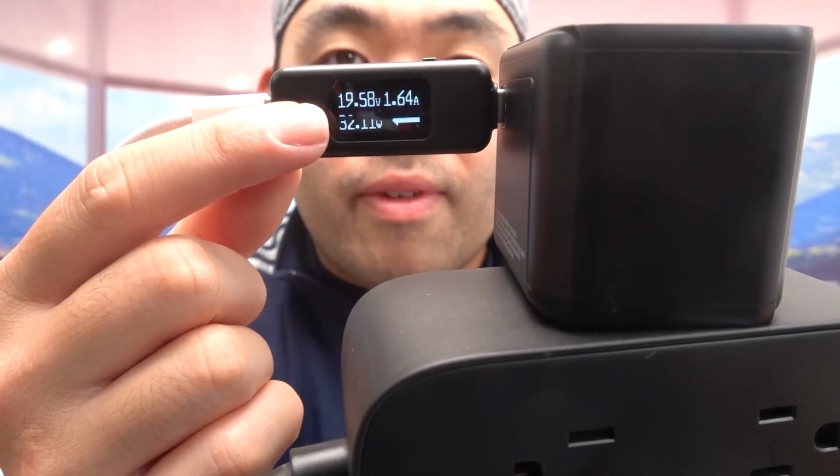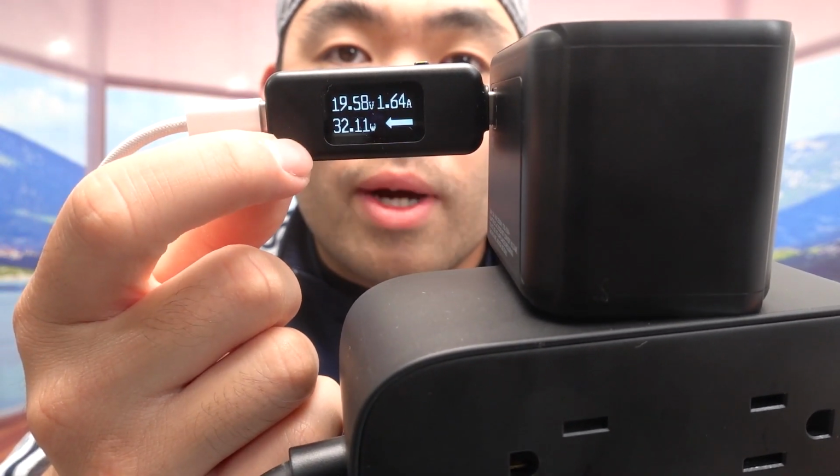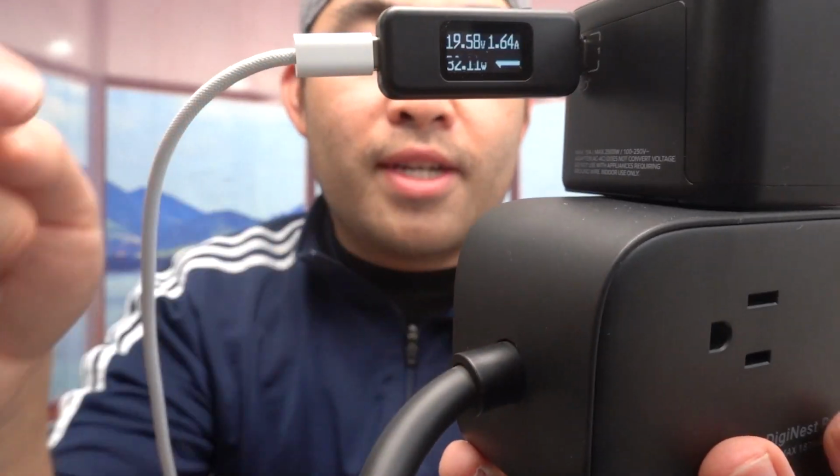So currently the power that's being generated onto the laptop to recharge my laptop is 32 watts. And it slowly goes up and down. But that is pretty much how much power it provides when we use it, which is really close to what I mentioned in terms of 35 watts. If you guys try the other one,